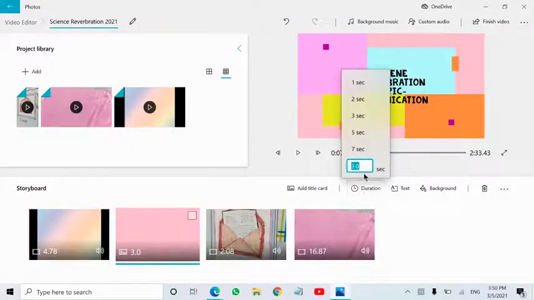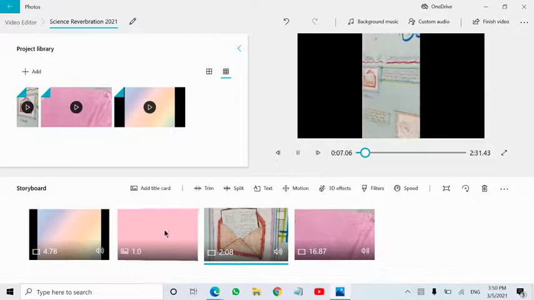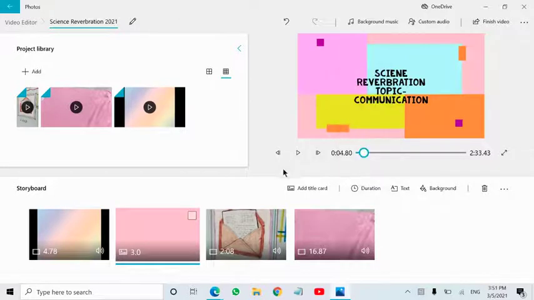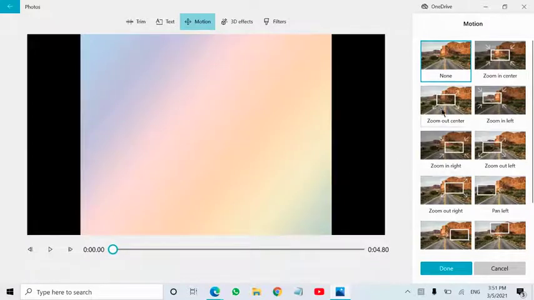It is only 3 seconds. You can slow down the duration, like to 1 second. See, but it's nothing. Good morning. So I prefer to take 3 seconds only. Even this is 3 seconds, 4 seconds. Then in the normal videos which you are taking from your PC, you can trim the videos, split them. You can also use motion, which means you can choose however you want the video to come.